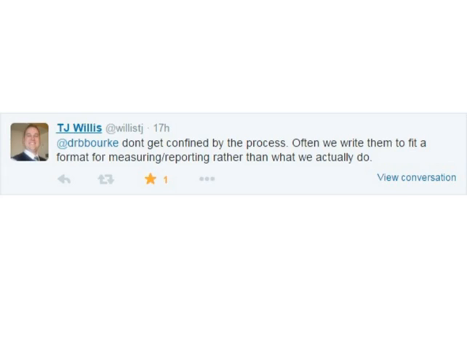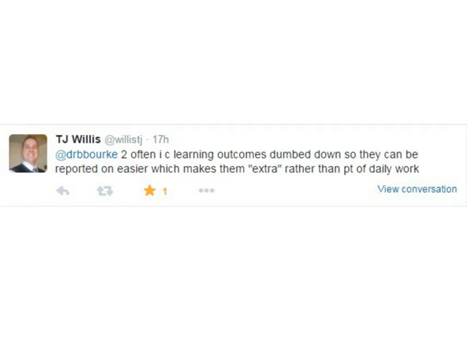is don't get too caught up in the process or whatever a given format is for writing learning outcomes. That sometimes we are kind of forced into a particular format or approach to outcomes because of the way that they're expected for measuring or reporting, rather than looking at measuring what we actually do. And then he continued to say that he often sees learning outcomes dumbed down so that they can be reported easier,